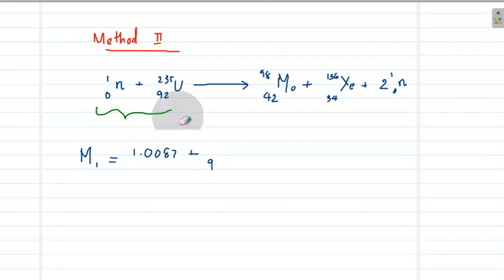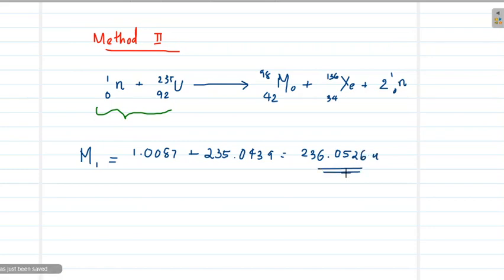235.0439, which is equal to 236.0526 U. So this is the initial mass we have in our hand before fission. After fission, it will be split up into molybdenum, xenon and 2 neutrons. So the total mass we have after fission, let us call it M2, is